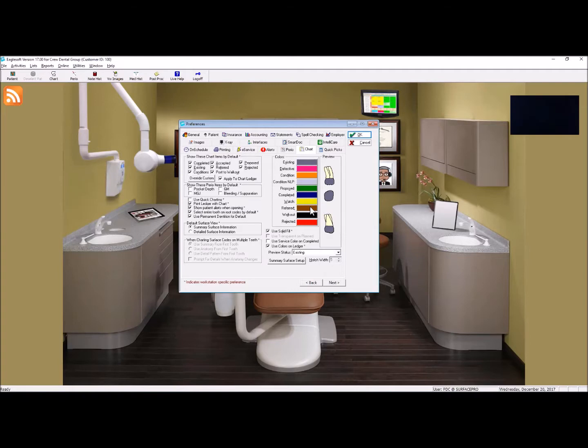Really easy way to remember it, all right? And black is for walkout, because it's only that color when it changes from proposed to walkout. It's only going to be that color till the person gets to the front desk and we charge out that service, and it turns blue. So I just want this dramatic change from green to black so that I can see that it's been walked